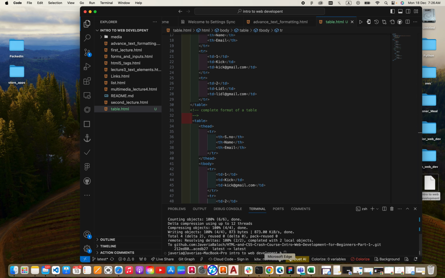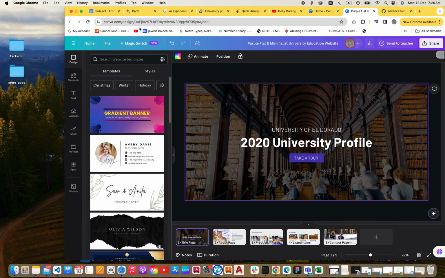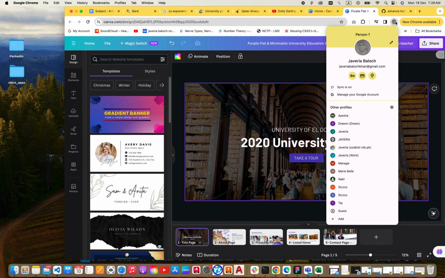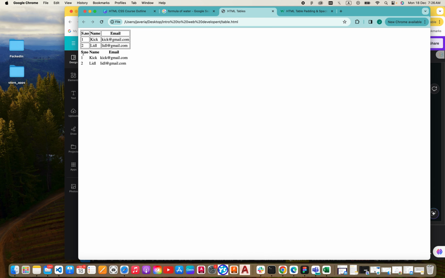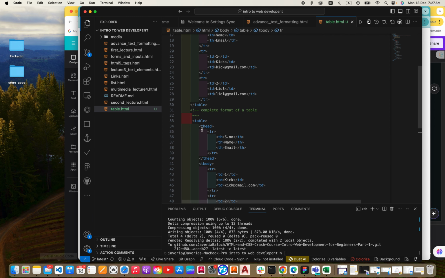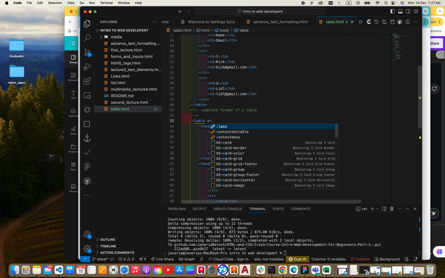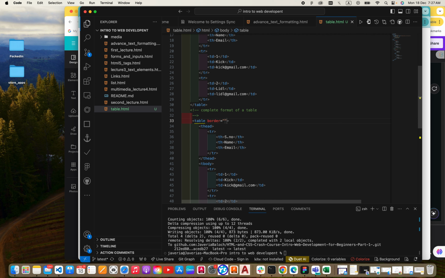and now let's come back to our browser. Sorry, not that browser, the browser we were using. Here is our browser. I'm going to refresh it. You can see it's here. It looks a bit nicer, but now I'm going to add a border to it that is called border 1,